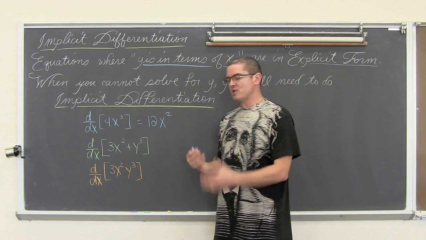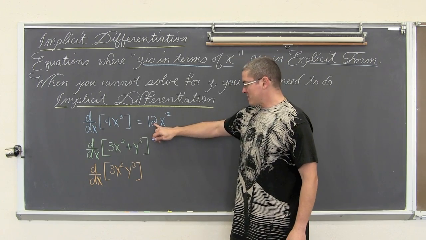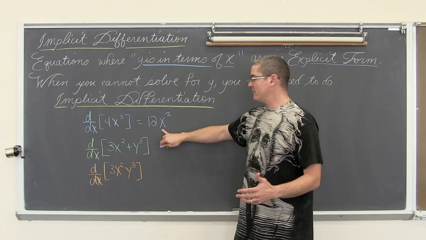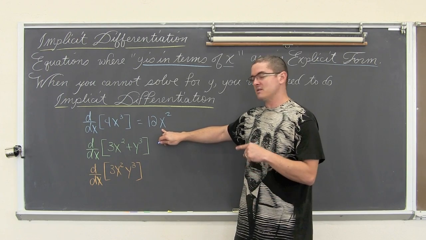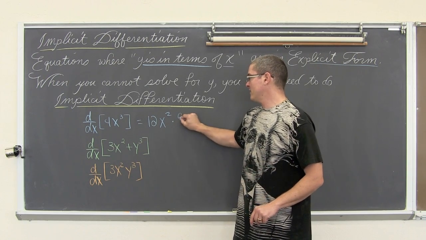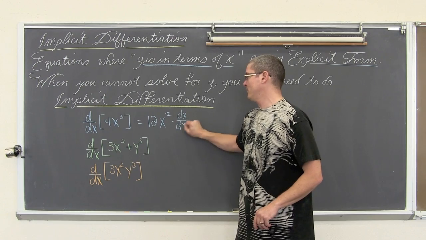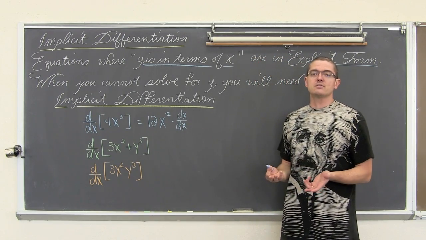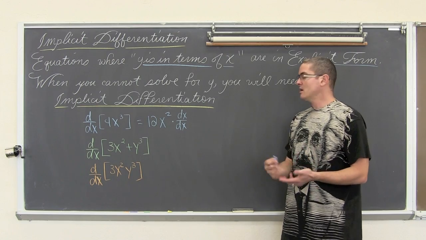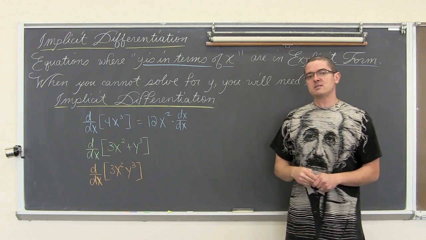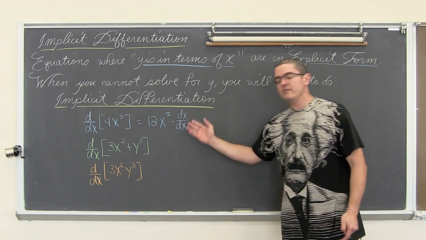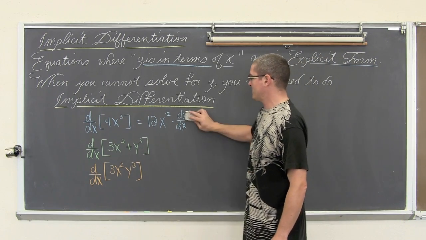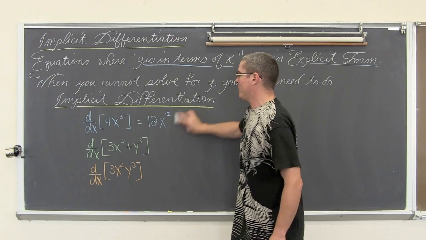But if we were using the chain rule, it would be 4 times 3 is 12, reduce the exponent by 1, here's the inside function of x, and then we need to find the derivative of the inside function, or the derivative of x with respect to x. Well, dx over dx just cancels out to be 1. So we're always doing this derivative with respect to x, but when we're differentiating the variable x with respect to x, that cancels out and simply becomes 1.